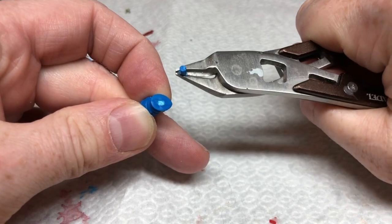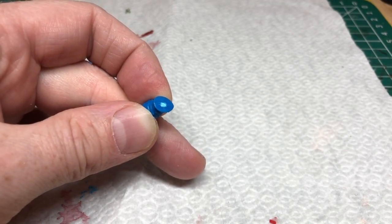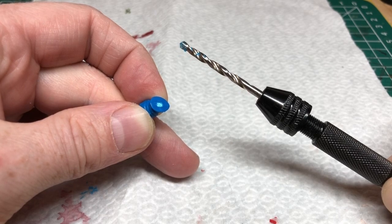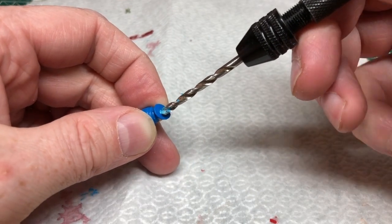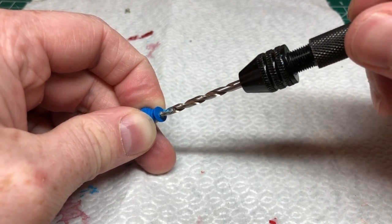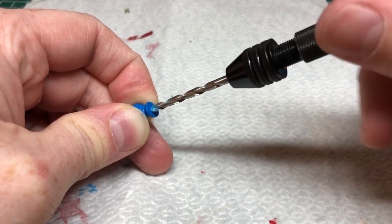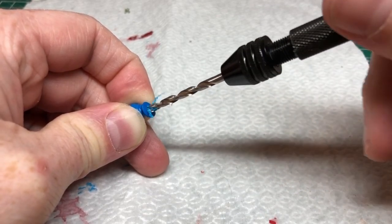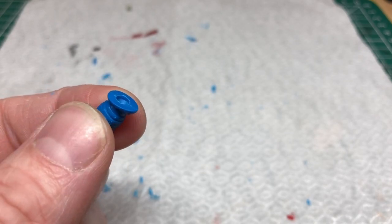I'm going to use my side cutters for that, and when I've removed the peg you will see there is a stress mark which indicates where the peg was, and we're going to use that stress mark to indicate where we need to drill with our pin vise. If you want to, you can use a small drill first to make a pilot hole, but I'm just using a 3mm drill here and drilling straight into the bottom of the ball. And the idea here is I want to make a hole that is 3mm wide and 1mm deep, making sure that I don't drill through the ball and out the other side, taking it a little bit at a time. And when it's done, we have a hole like that, and we're going to put a 3x1 magnet in there,